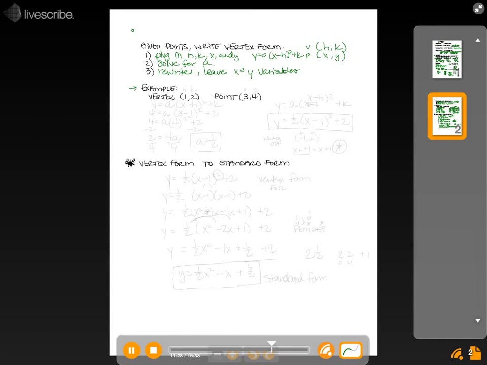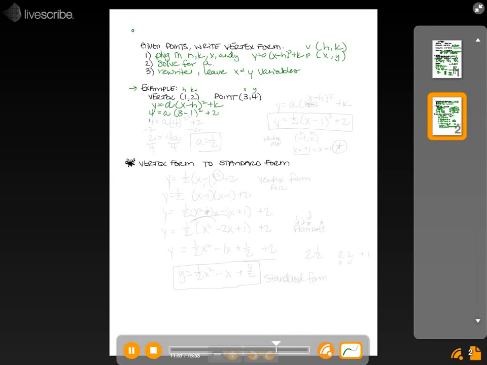Let's look at our example. We've got one example like this. Our vertex is (1, 2), and our point is (3, 4). Remember, our vertex is going to be (h, k). Our point is going to be (x, y). So let's write down vertex form, plus k, and we're going to plug in those values. Well, y is 4, a is a variable, x is 3 minus 1 squared plus 2, and we're going to